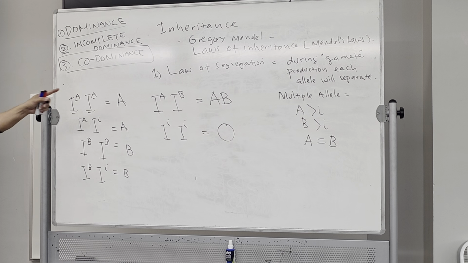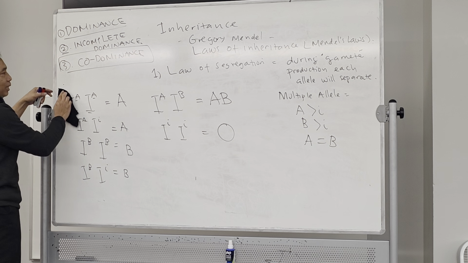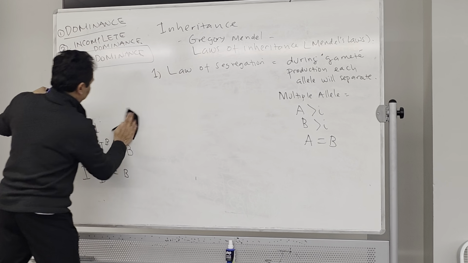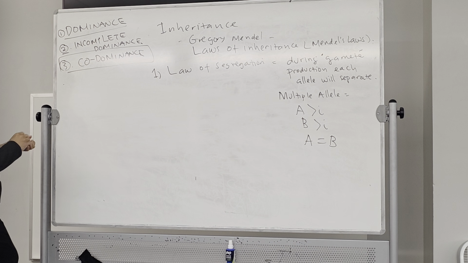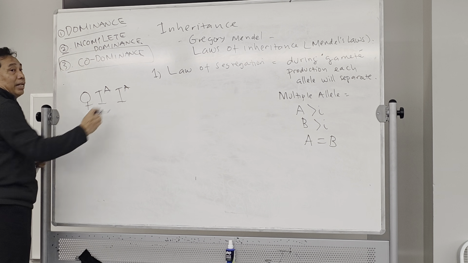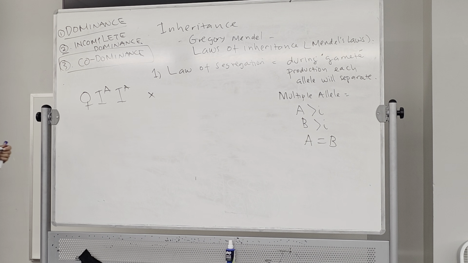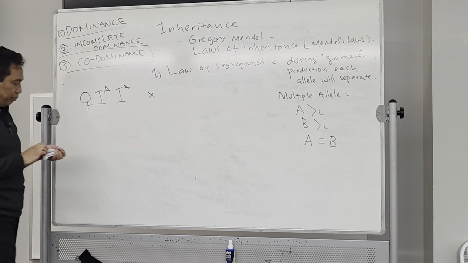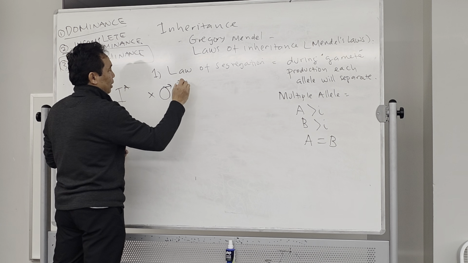Now we're going to put on the inheritance. You can actually check your blood type in your family. Okay, I'm going to erase this. Let's say this is a mother that is A blood type. This is strong A, like this. So her blood type is A, married with a father or husband that is O blood type.